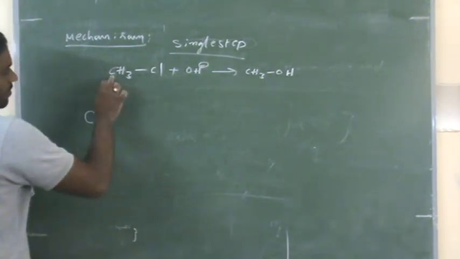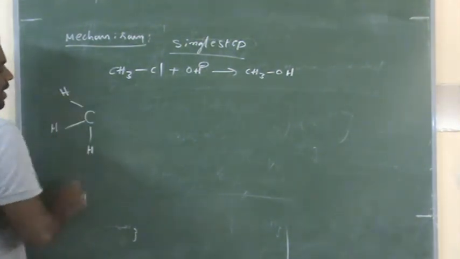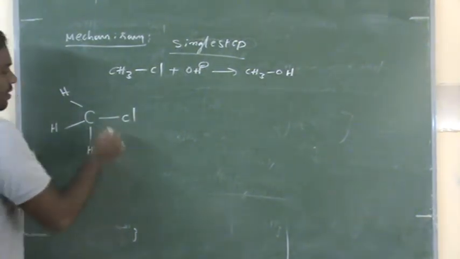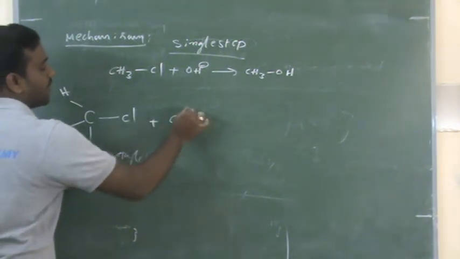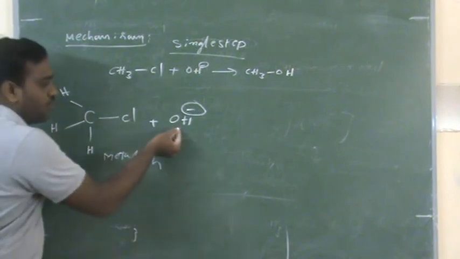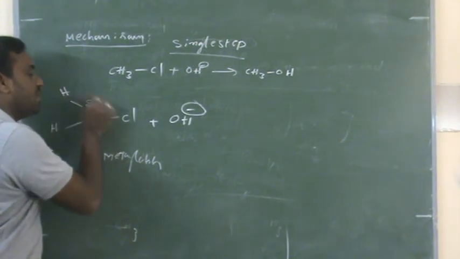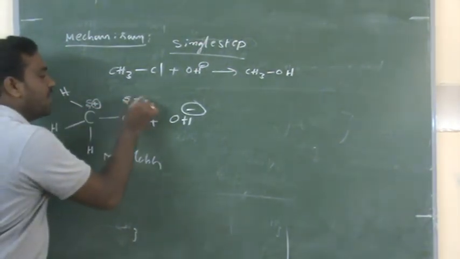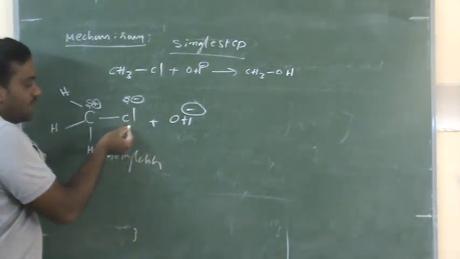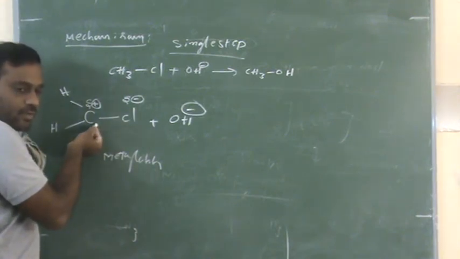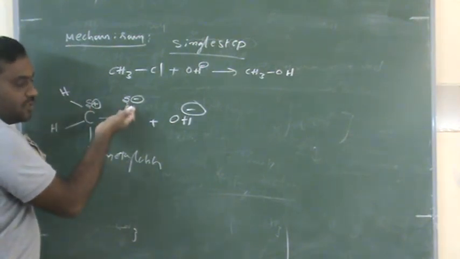So let us take carbon. This is a carbon, and we are taking 3 hydrogens like this, and this is our Cl. Now this is methyl chloride. You take the nucleophile, that is OH minus. See, always OH minus can attack towards the electron deficient carbon. I can say this is the electron deficient carbon and this is more electron rich. Why Cl? Because this Cl is more electronegative in nature. It can accept the electrons from carbon. Then automatically there is creation of partial positive charge here and partial negative charge there.